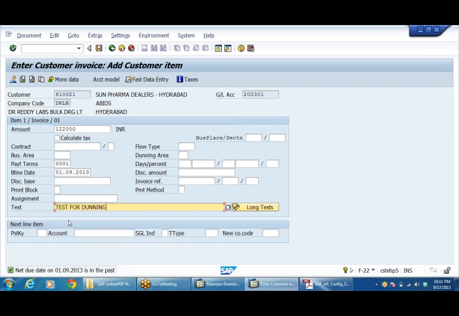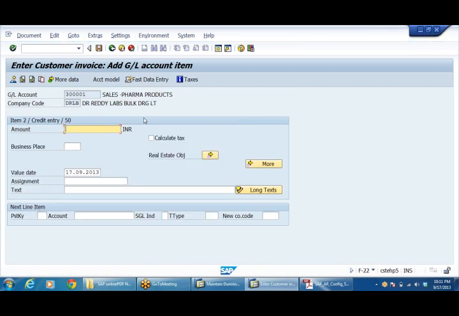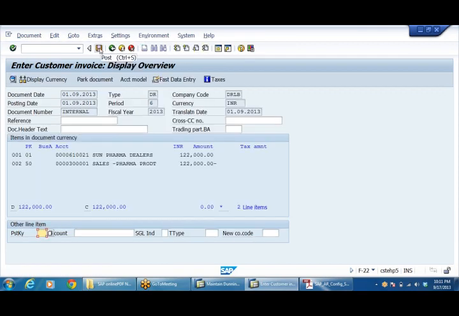Right, test for Dunning. 50. Customer account data to sales. 3 lakhs 1. Save it.